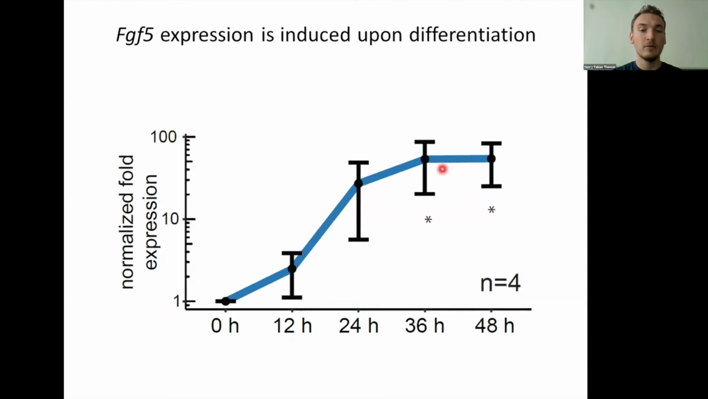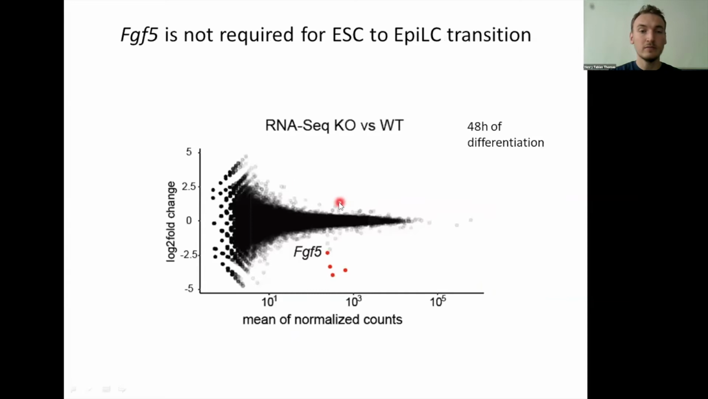And this is very important to us because it tells us that whatever genetic modifications we introduce at the Fgf5 locus will only affect Fgf5 expression, but will not have an effect on the cell state or on the differentiation of the cells. And this is demonstrated here, where we compare the transcriptome of wild-type cells with an enhancer knockout that has dramatically reduced Fgf5 levels